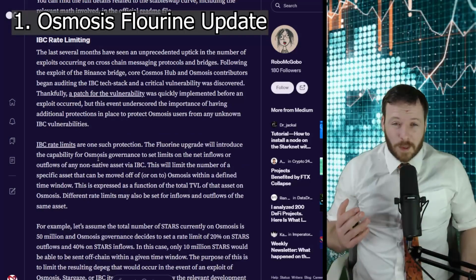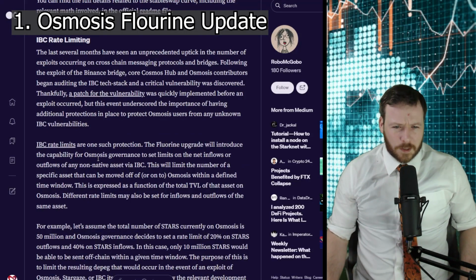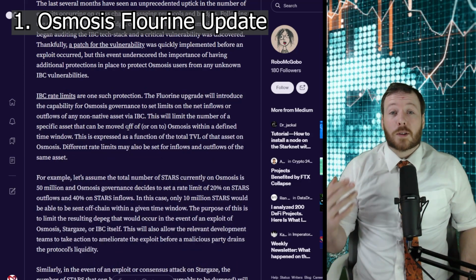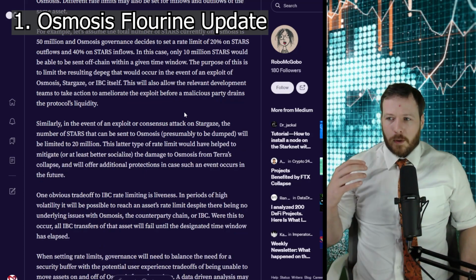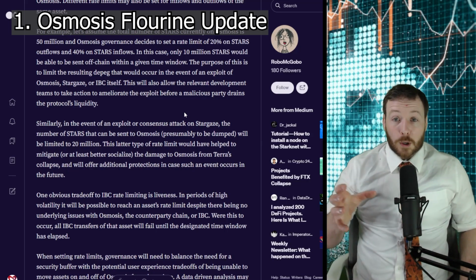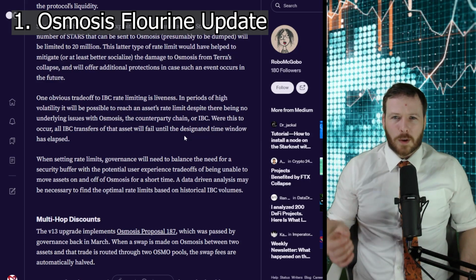Also, people working within the Cosmos realm, Osmosis included, are always identifying and patching vulnerabilities. So as part of this, they have decided to put limitations on the total value of assets coming in and going out. It's essentially a mechanism to stop a depeg of the value of an asset. So if you buy a huge number of assets and want to shift them in and out, you may have to apply time apportionment to these movements. This can be a bit annoying if you're shifting massive assets and you want to do it immediately,